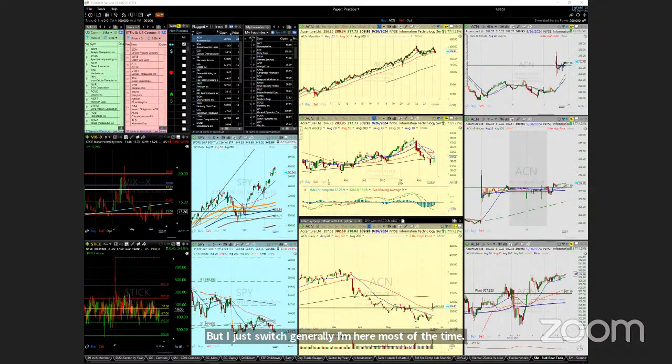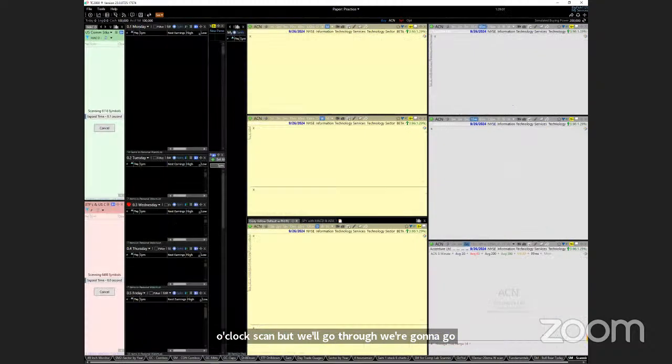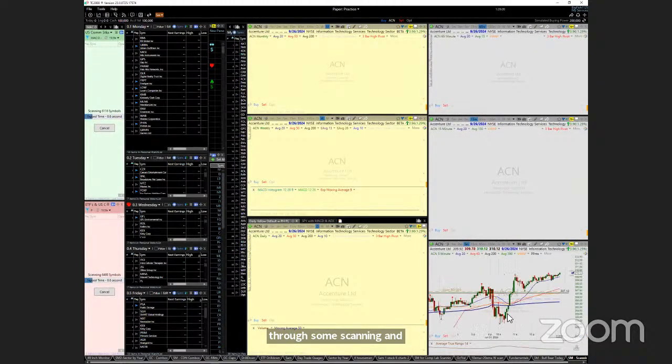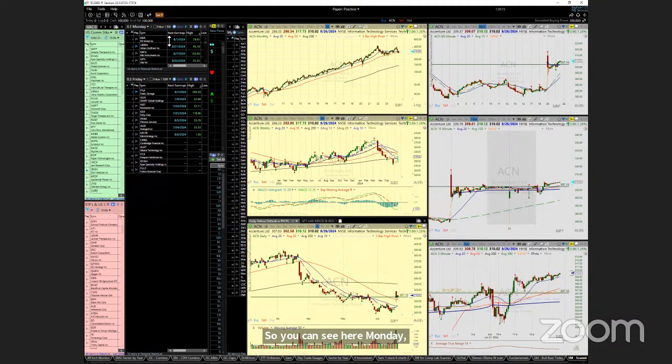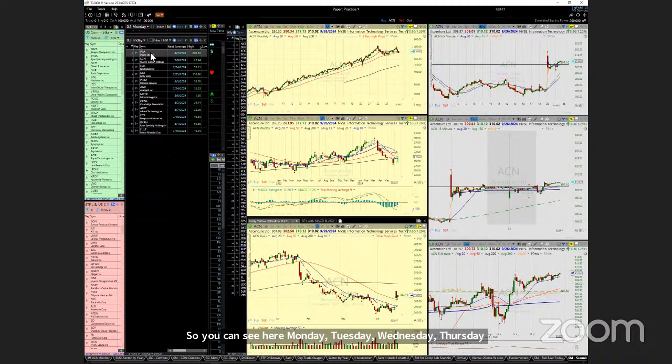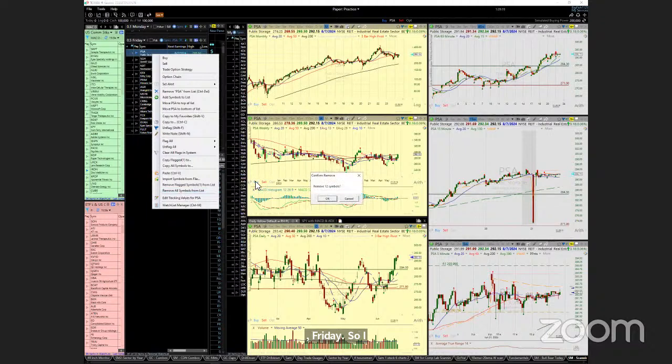Okay, so now the scanning part, and we'll do some scanning. It's a little bit early for the 11 or the 10, the 2 o'clock scan, but we'll go through. We're going to go through some scanning, and then I'm just going to show you how I organize my work. So you can see here Monday, Tuesday, Wednesday, Thursday, Friday. I just come in each day, remove the symbols,